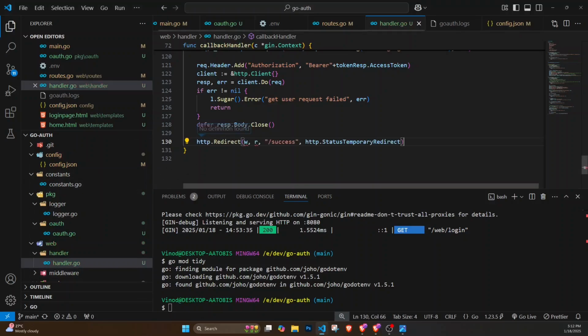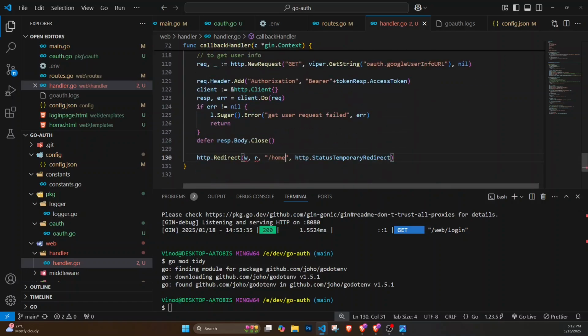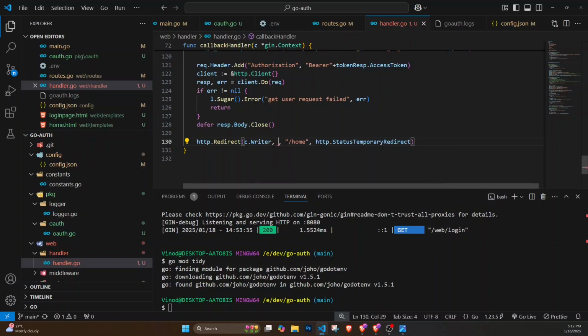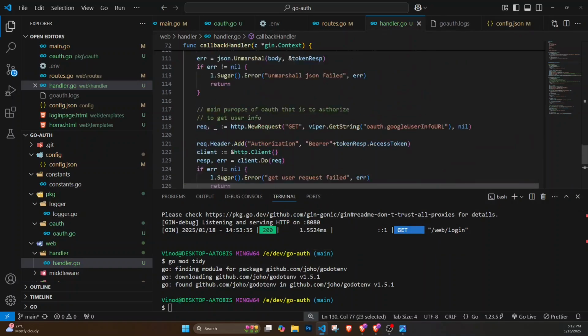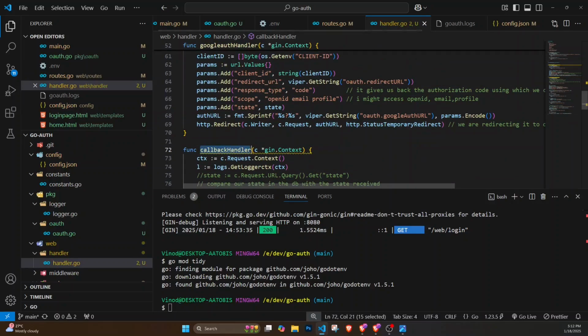I'll just redirect this to our home. W is the c.writer, c.request. So I'll redirect to home, and this one I will call callback handler, and then in route,